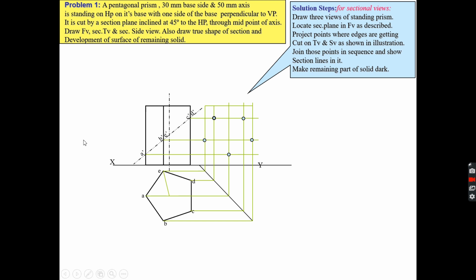Okay, you are looking from here. So which portion of the solid will be visible to you? Of course, this edge will be visible to you.